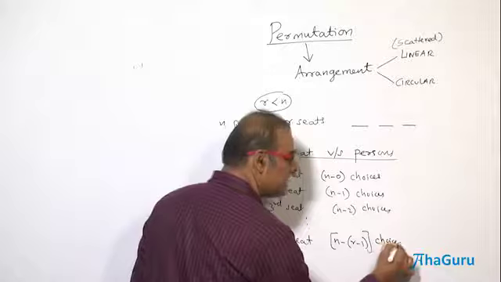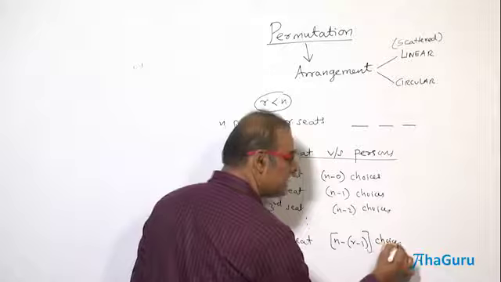If you are going to see the first seat, it can be occupied in how many ways? Any one of the n persons, so there are n choices, right? And the second seat, whichever person is going to occupy, n minus 1 choices. Third seat, n minus 2 choices, because already 2 seats are occupied. So if you go till the last seat, that's going to be the rth seat. Not only one, because the number of persons is more than the number of seats. Are you able to understand? Clear?